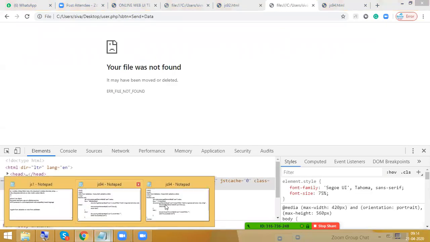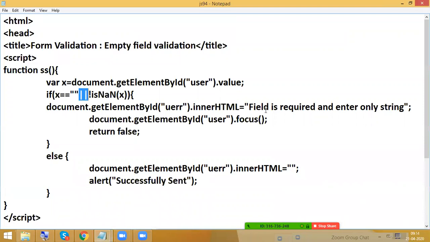So what is the problem here? What is the meaning of AND operator? AND means it should satisfy both conditions. Whenever both conditions are satisfied, then only it will enter inside. Now I am using the OR operator. OR operator means any one. So if it is empty or if it is a number, then it should enter inside. Actually, in this case my mistake is I wrote AND, and you need to write the OR operator, and as per the condition you need to write exclamation. Exclamation means not, opposite to that. Okay, fine, so this is the way we can do it. But compared with is not a number, we can even do the same concept by using regular expression.